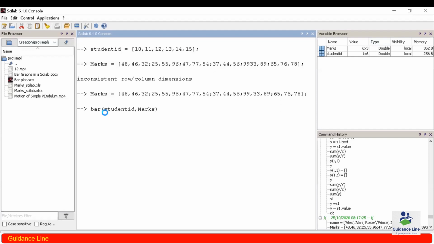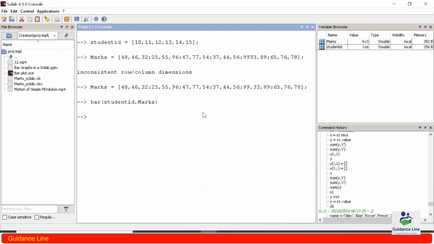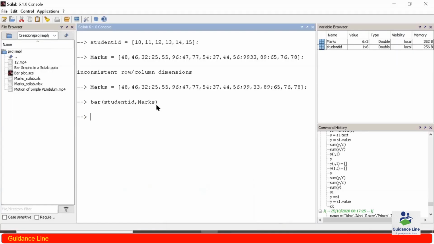If I press enter, we have this particular bar plot present over here, which is in group style. As you can see in the bar function, I have not provided any third argument, so by default it is creating a bar plot of grouped nature.